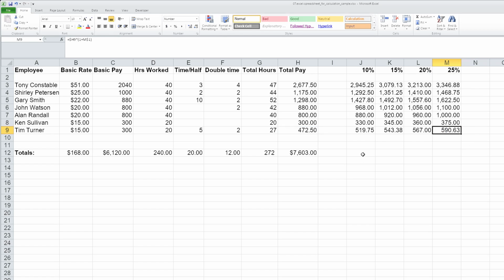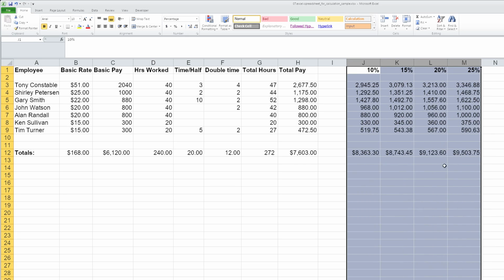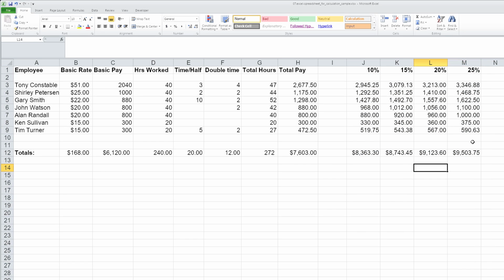So it did that. We also might want to see what the total would be for all of those, and that's the total all the way across. Make the columns a bit wider so we can see them. Great. So that's what a 25% raise would be over for that